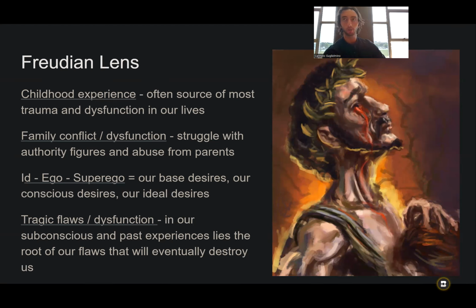The recently widowed queen of the city. Unfortunately, he of course realizes later on that the man that he killed was his father, and the woman that he married and had children with was his mother. So, a horrifying situation that Freud basically focused on as a mythological expression of some very classic and very